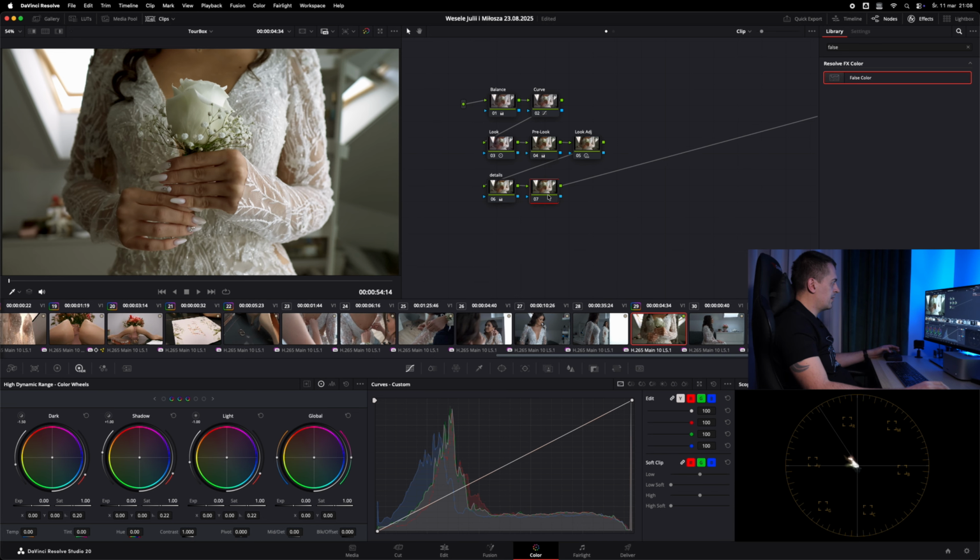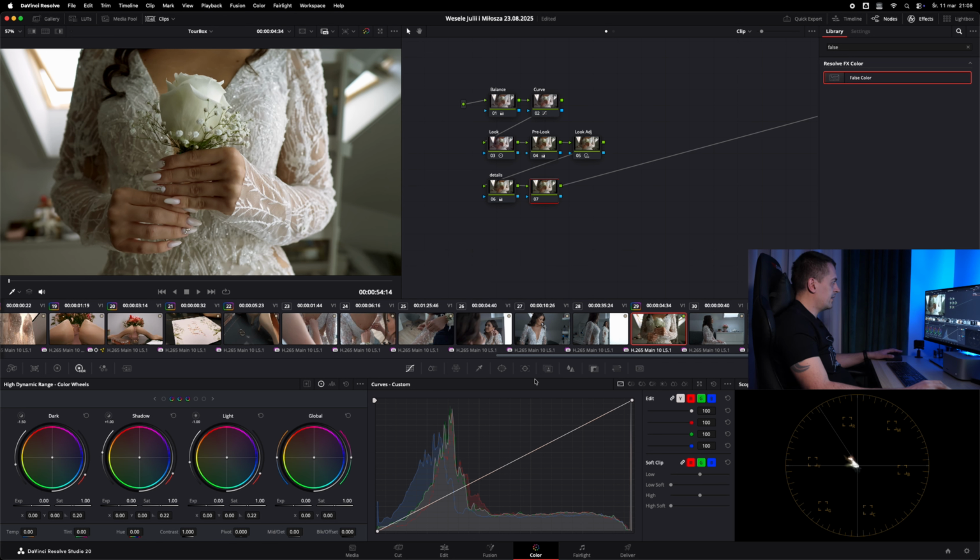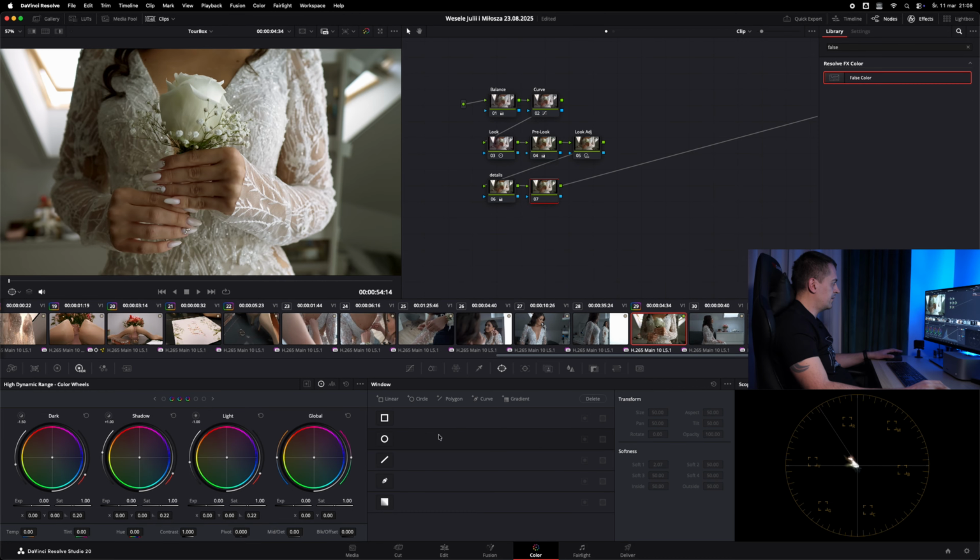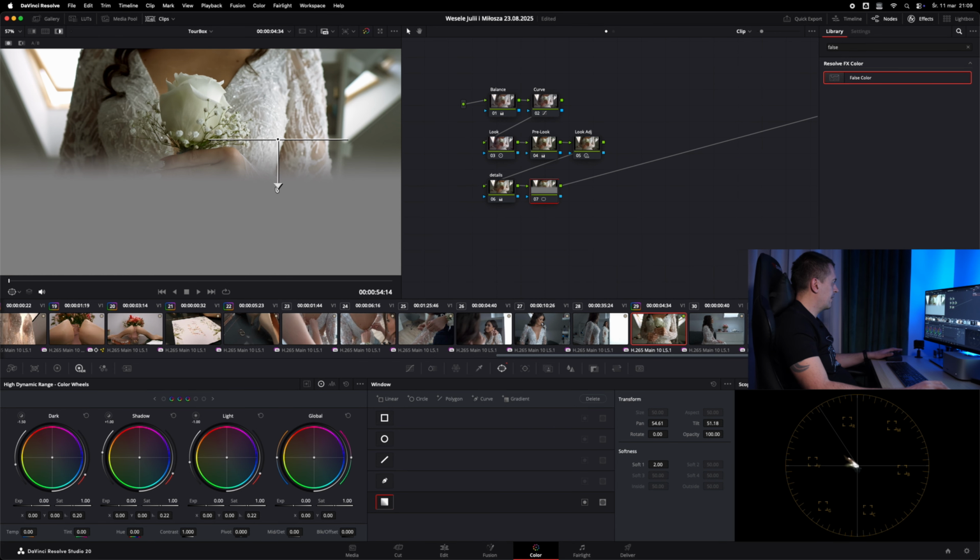And I will add another node to add some more contrast into our subject, and I will do that using power windows. We have light coming from this side, and this side is darker, so let's make it stronger, and that will be our effect here.